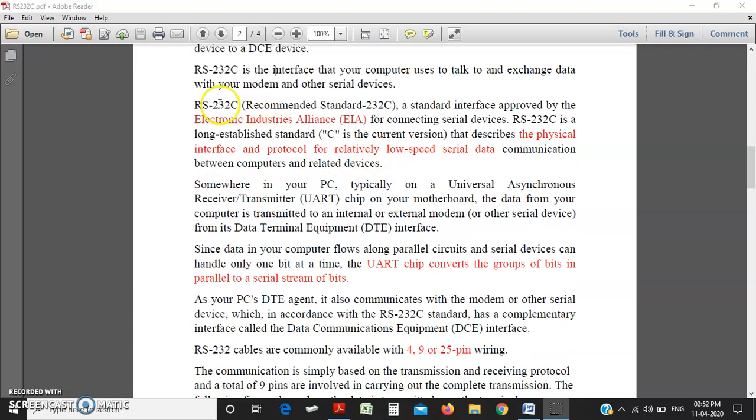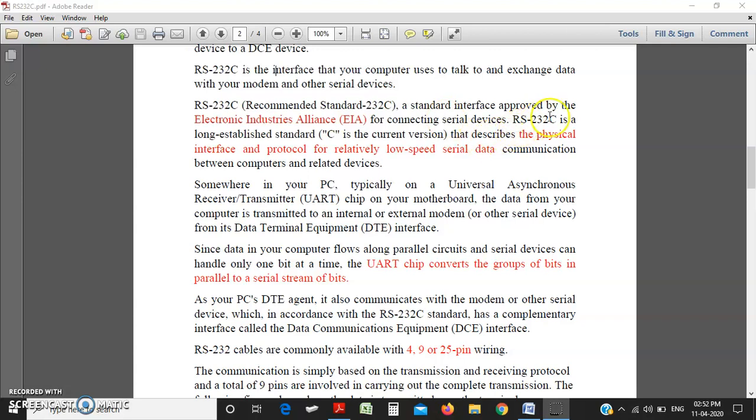So RS-232C, recommended standard 232C, is a standard interface approved by the Electronic Industries Alliance (EIA) for connecting serial devices. So this is the standard approved by EIA for serial communication between devices.